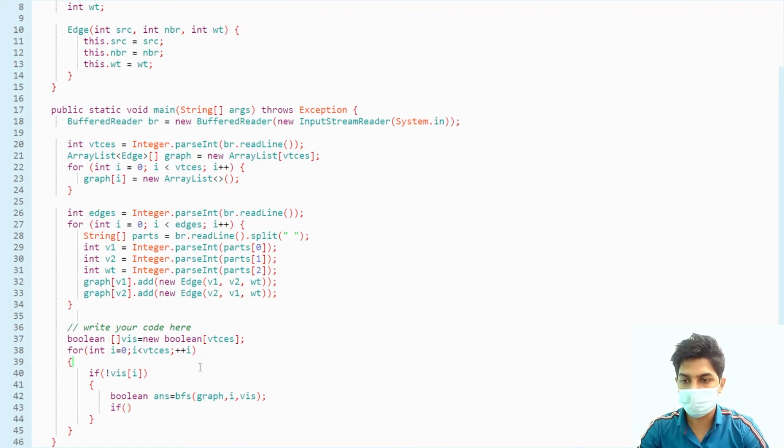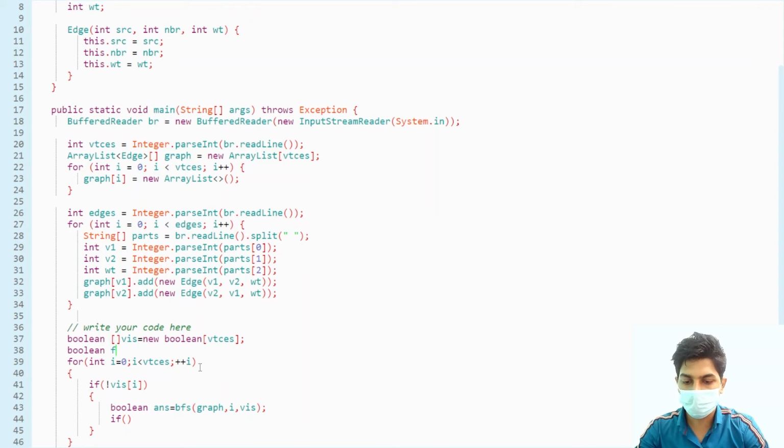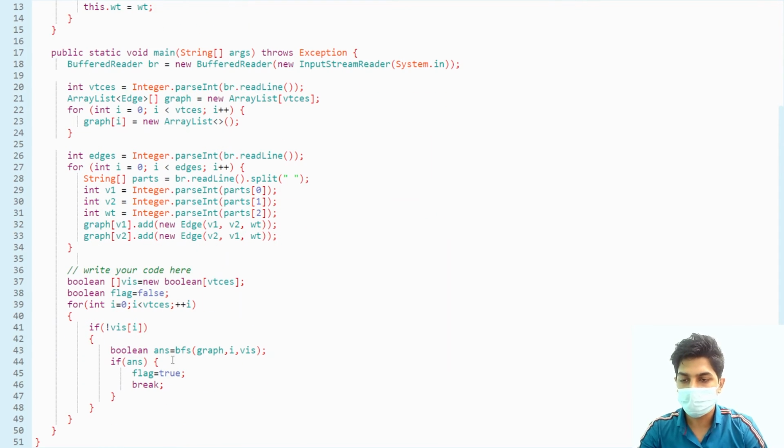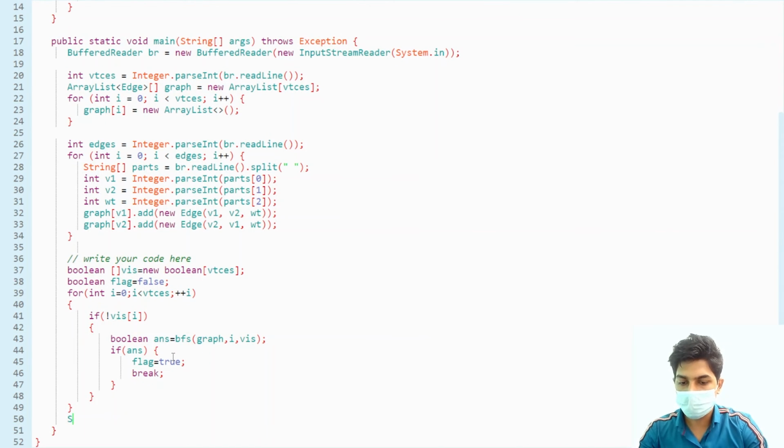Let's make one more variable, a boolean variable flag, initially equal to false. If our answer is true, then we will make flag equal to true, and then we can break. Finally we need to print the flag, that is whether the cycle is present or not.